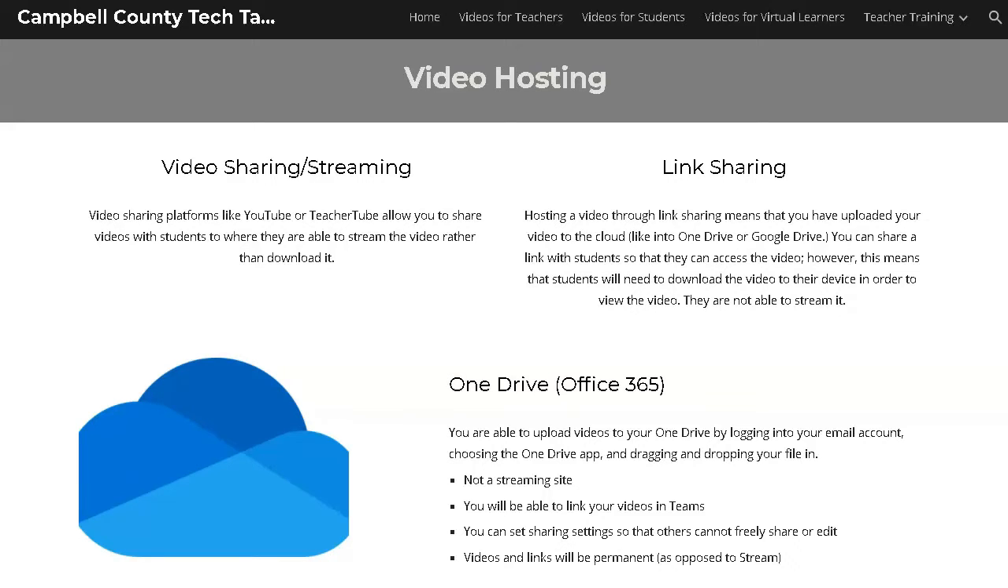Before I walk you through how to use Movie Maker, I actually want to talk to you for a second about video hosting and discuss the difference between video sharing and streaming, and then link sharing sites. You have several options available to you for free, but I want to make you think about what your purposes are. If you want to just be able to send a video out to students, you don't mind if they have to download it to their device, which usually takes a couple minutes, they're not able to just click on it and stream it,